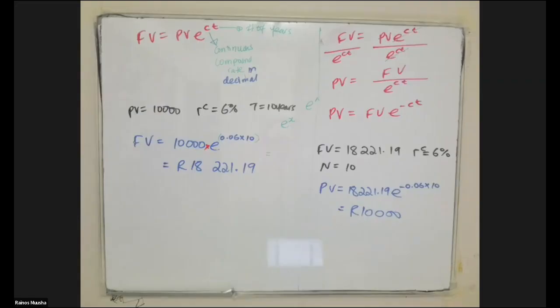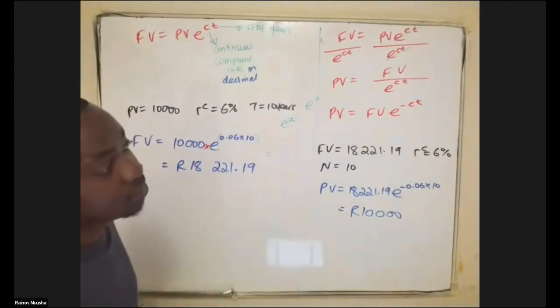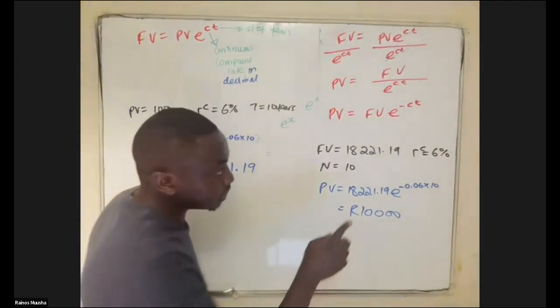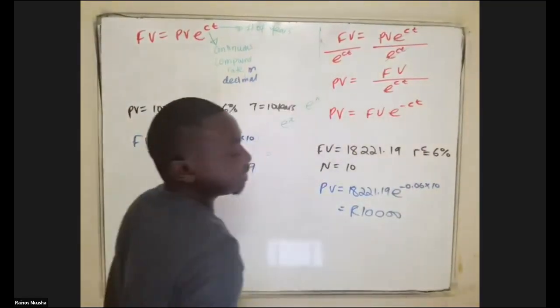Sorry, Rhino. So the PV, are we putting it as a negative or are we just putting it as a positive? When you are putting future value and present value in the formula, you always treat them as positive amounts. Remember, you're putting this in a formula. So whenever you're putting values in a formula, you always treat them as positive amounts. But what you need to take note of here is that the CT is being made negative.